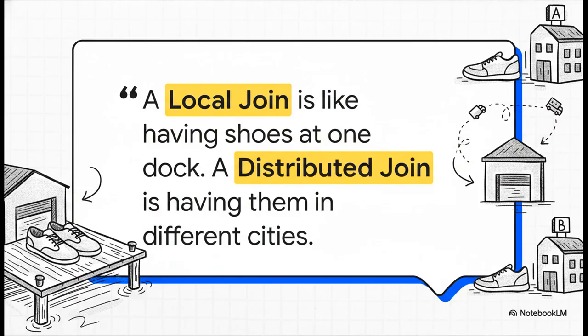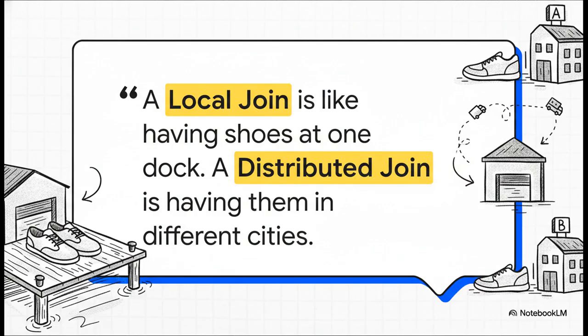You know, the source material had this fantastic analogy that just nails it. A local join is like having all your left shoes and all your right shoes delivered to the same loading dock, already organized. You can just pair them up right there, super fast. A distributed join? That's like having your left shoes in one city and your right shoes in another. You've got to spend all that time and money shipping them to a central warehouse before you can even start pairing. That shipping time,